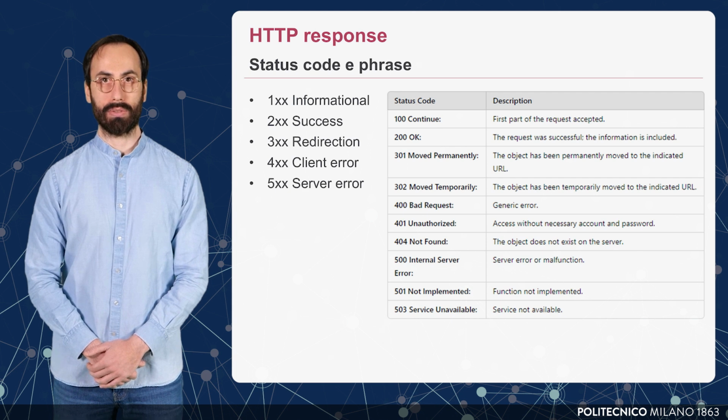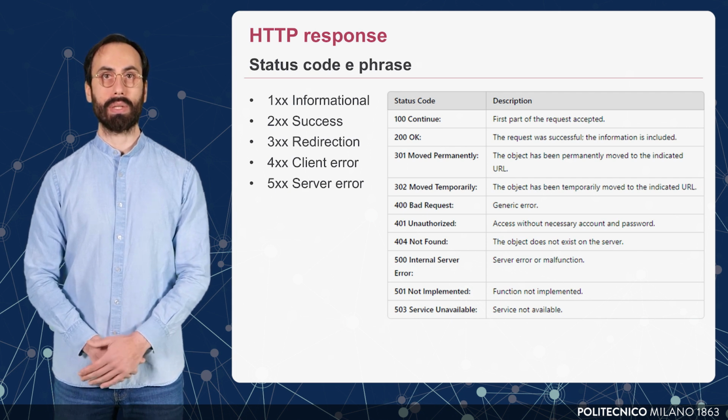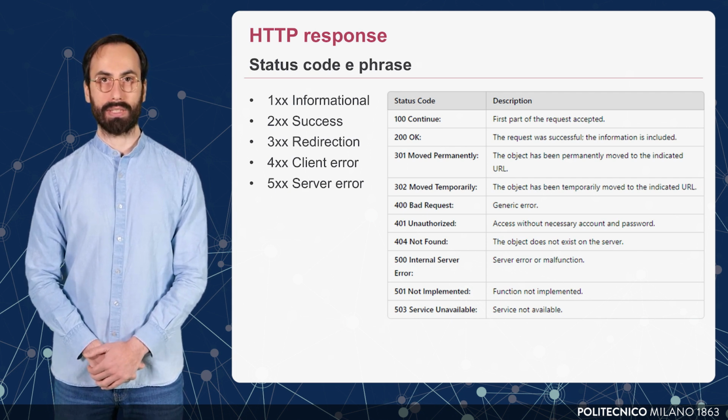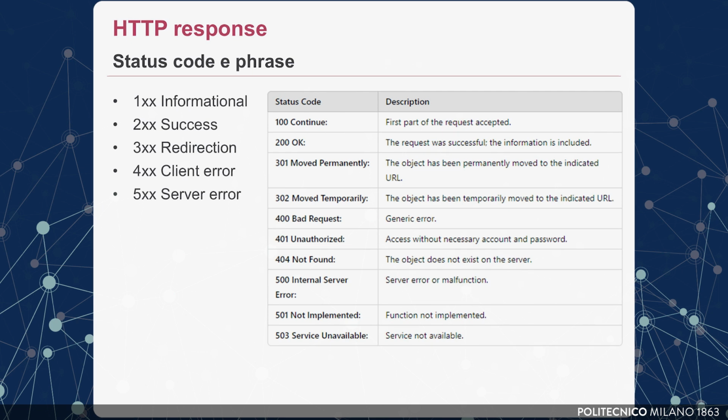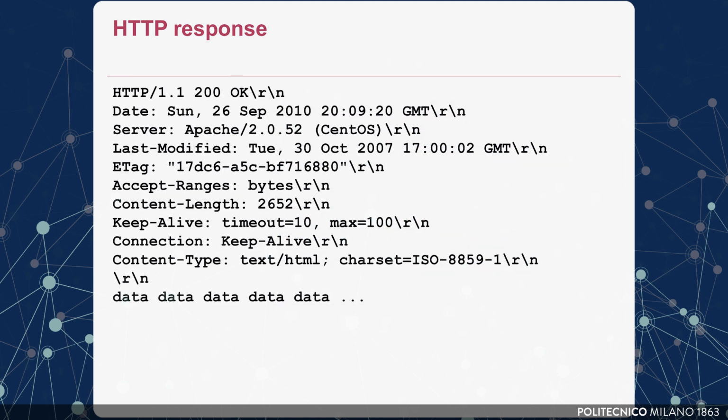As introduced in the previous slide, the status code tells us whether the request was successful or if there was an error. For example, a 200 code means OK, meaning the request was successful, while a 404 code means Not Found, indicating that the requested resource doesn't exist on the server. These codes are essential for understanding what's happening when you interact with a web server and why something may not be loading as expected. This example illustrates the structure and content of an HTTP response message, detailing its various components.